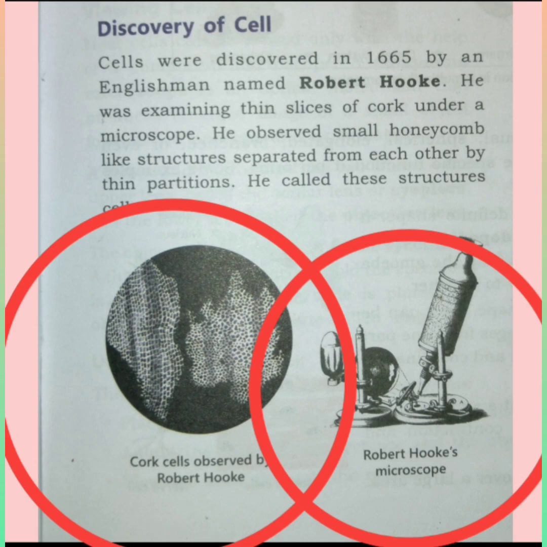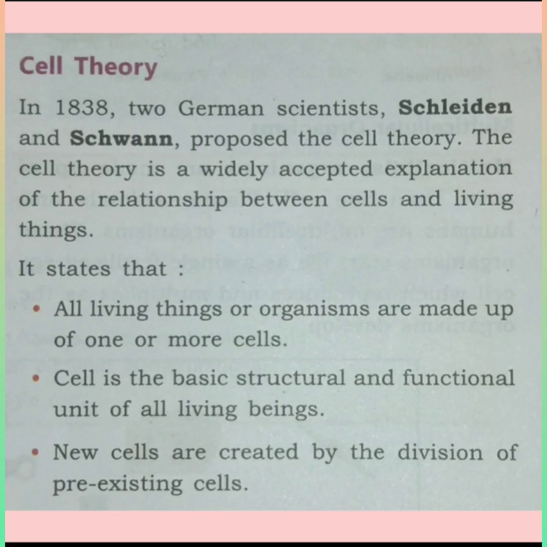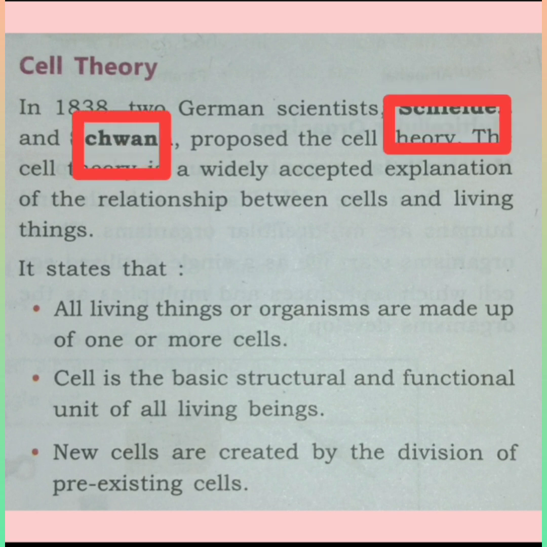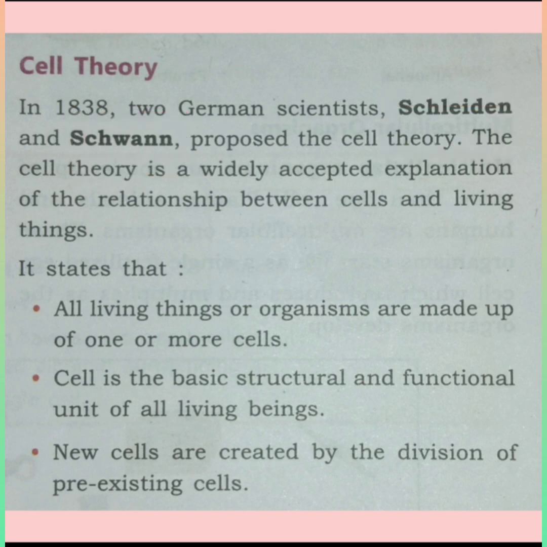Then after Robert Hooke, in 1838, two German scientists named Schleiden and Schwann proposed the cell theory. The cell theory is a widely accepted explanation of the relationship between cells and living things. Now, what does the cell theory say? It states: